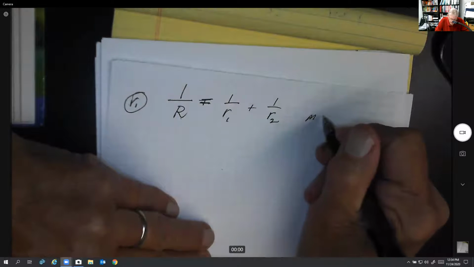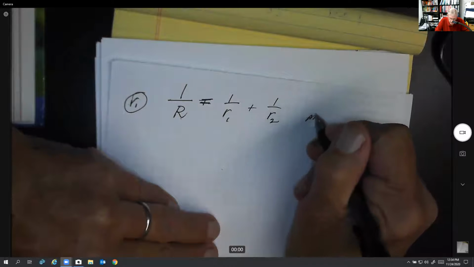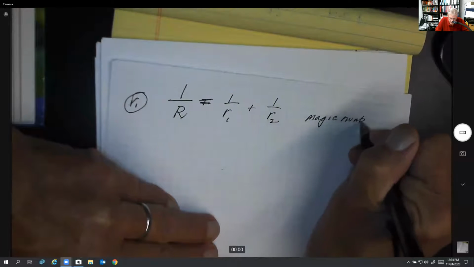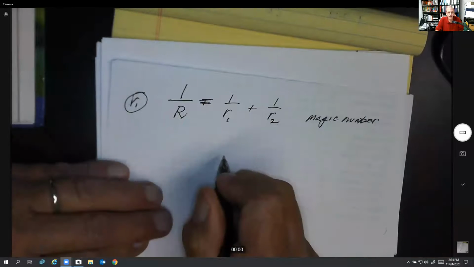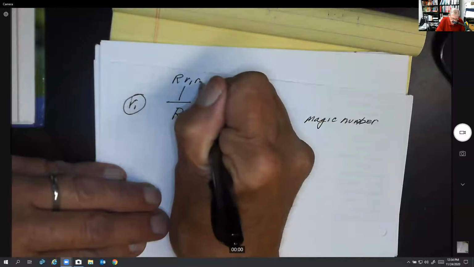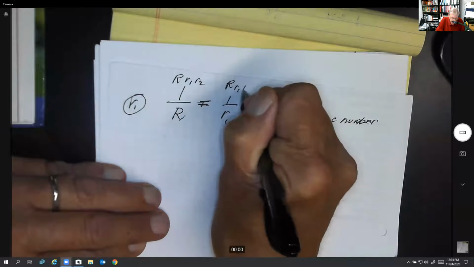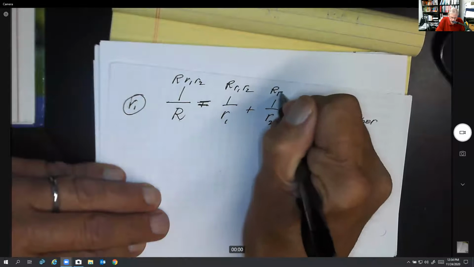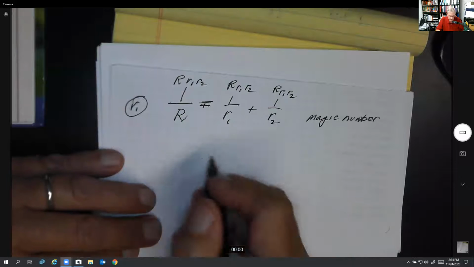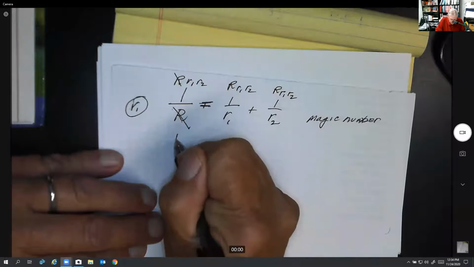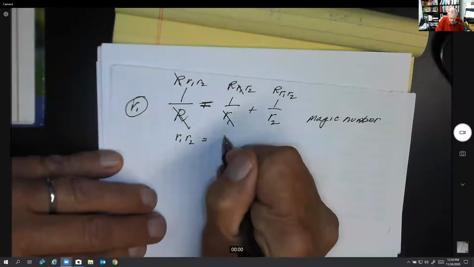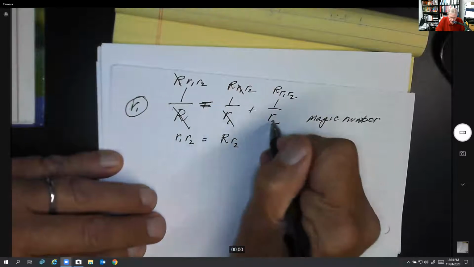So we want to use the magic number. And what is the magic number? The magic number is multiplying all these together. R, R1, R2. No, R2. Sorry. So the R's cancel. Get R1, R2 equals R1s cancel, cap R, R2. The R2s cancel,